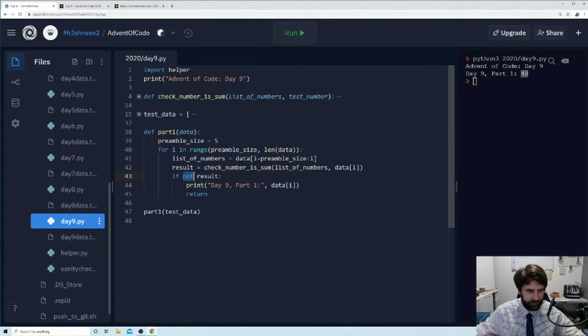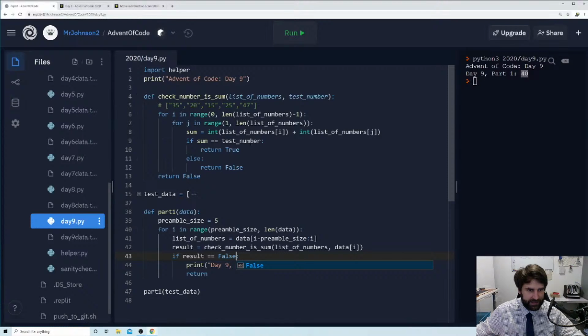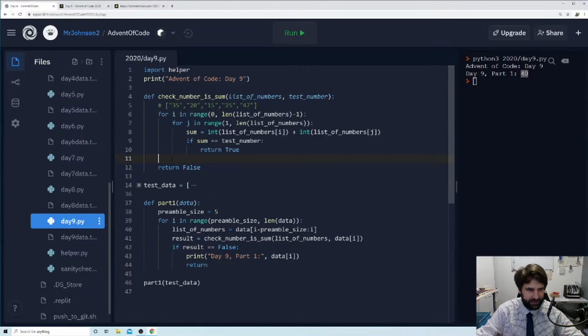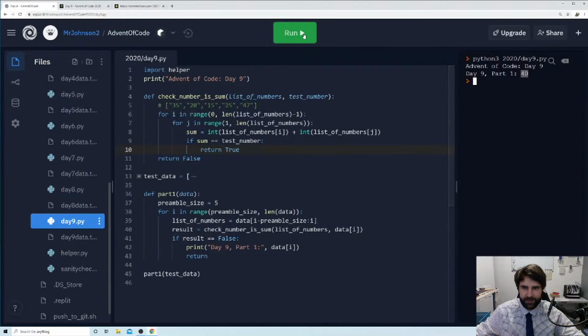So if, let's say, result equals false, let's just check I'm doing this function properly. If sum is equal to test number, okay, I need to go through here. I think this is silly. I think actually my first instinct was right here. Let's run this. Still saying 40. Okay, I've got a classic logic error here. So if my sum is equal to my test number, I'm going to return true, else I'm going to return false. So I will get a value of true or a value of false come back from here.